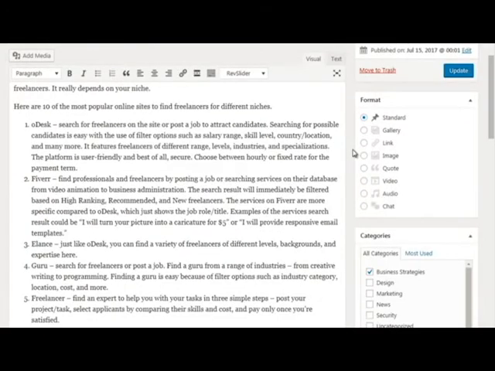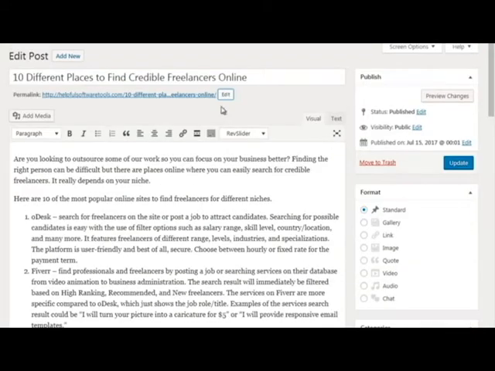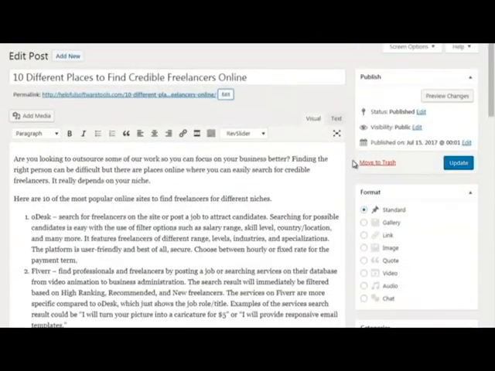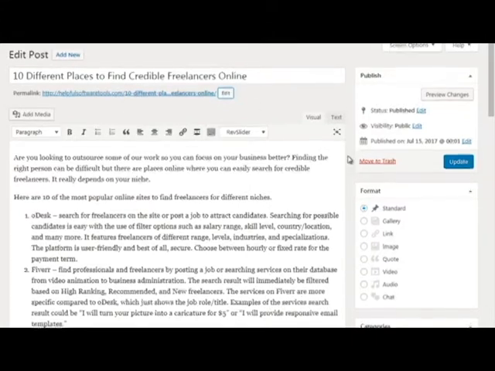Now, of course, you can add them into categories. So if you have a category, let's say in this case we have freelancers. The category could be freelancing sites, and then you could have maybe 10 different posts on freelancing sites, so that as a human being, you know that we're looking at this and it's under the category of freelancing,